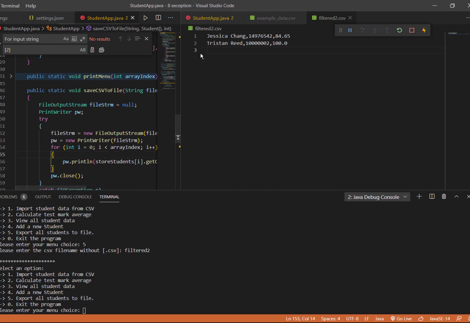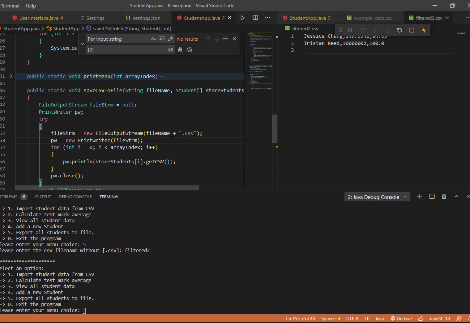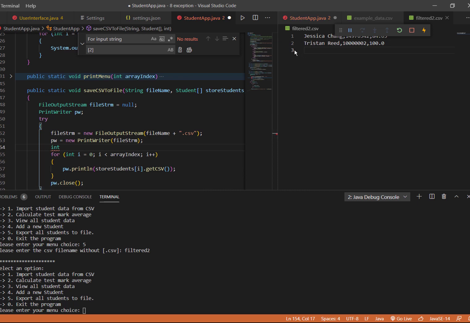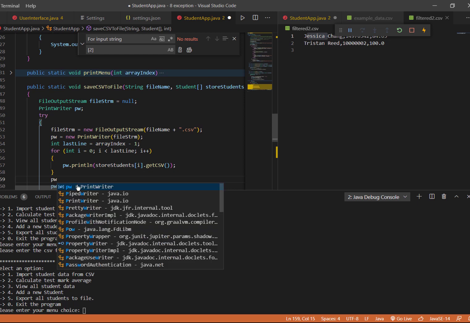Hey, did you notice something? If we print line like this, so ugly. Got one empty space in here. How can we solve this? To solve this, we are going to do something like this. So integer, to solve this issue, we know like this extra empty line because we use a print line. Okay, so let's say last line is equal to array index -1. So if I is less than last line, then we will use the print line, and then finally,